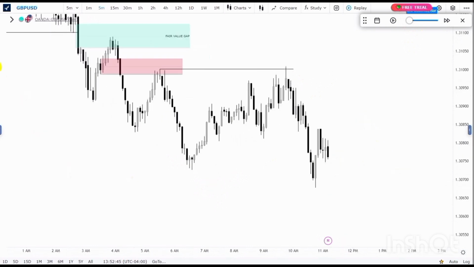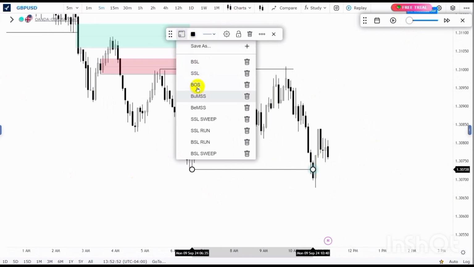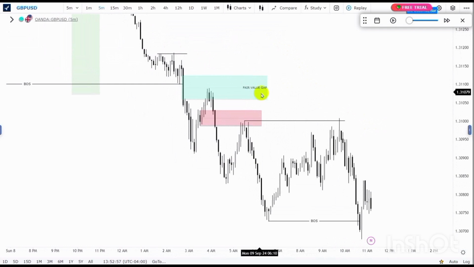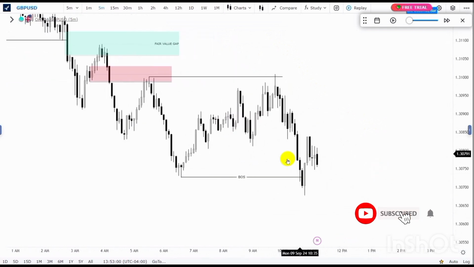Now we can see that we have a break of the swing low. So we have a break of market structure to the downside. I'm just showing you guys how you identify entries when you're in a counter trend. So now you can see we have a break of structure to the downside. Our aim now is to identify the possible entry levels we could see within this expansive leg move to